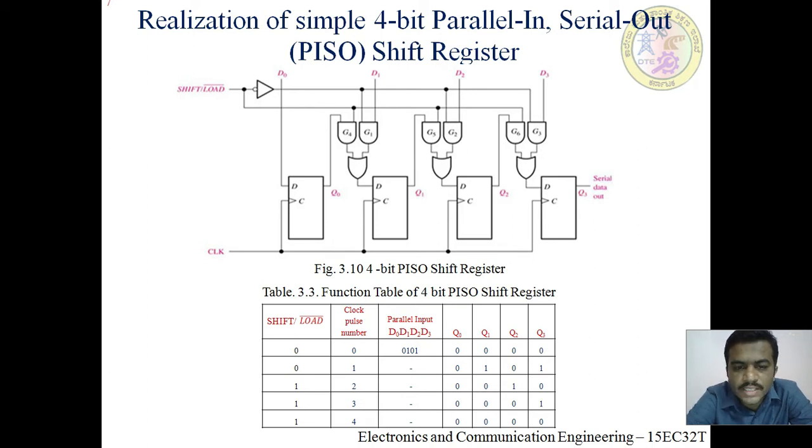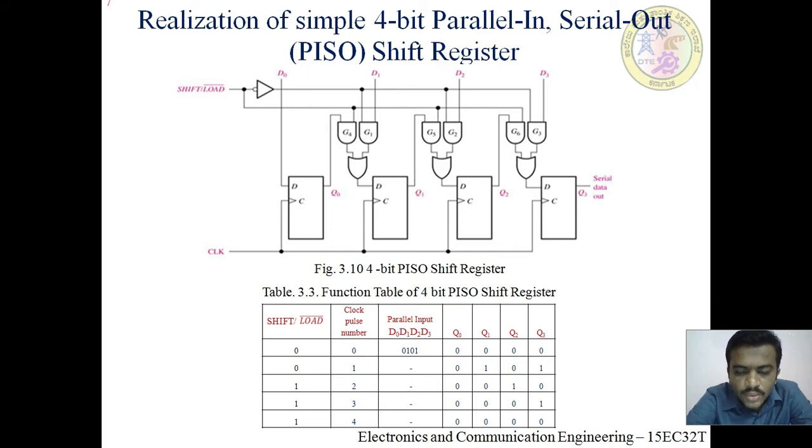When a clock pulse is applied, the data bits stored within the flip-flops are shifted from one stage to the next stage. In this circuit, the data bits are shifted from left to right and the bits appear at the output of flip-flop 3, indicated as Q3. The parallelly loaded data will shift out of the shift register in serial form, and this serial output is observed at the output Q3. Table 3.3 shows the function table for the 4-bit parallel in serial out shift register.